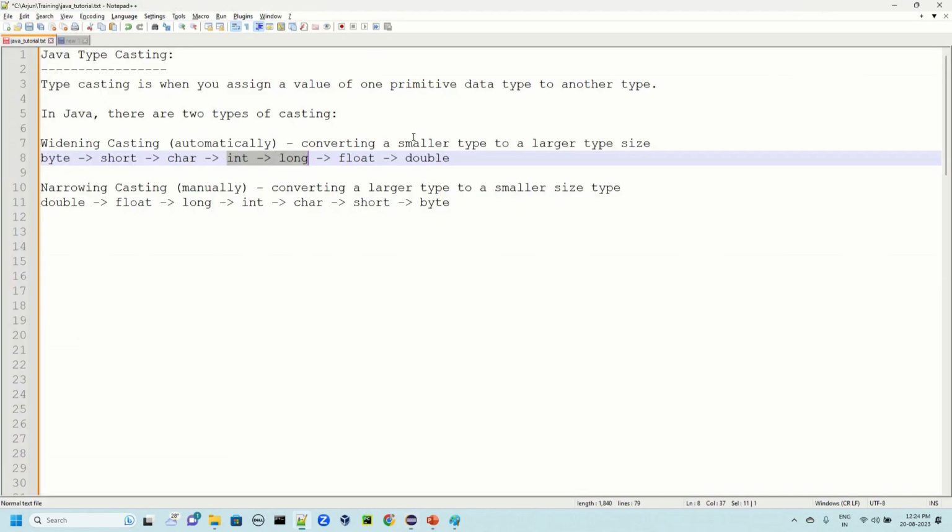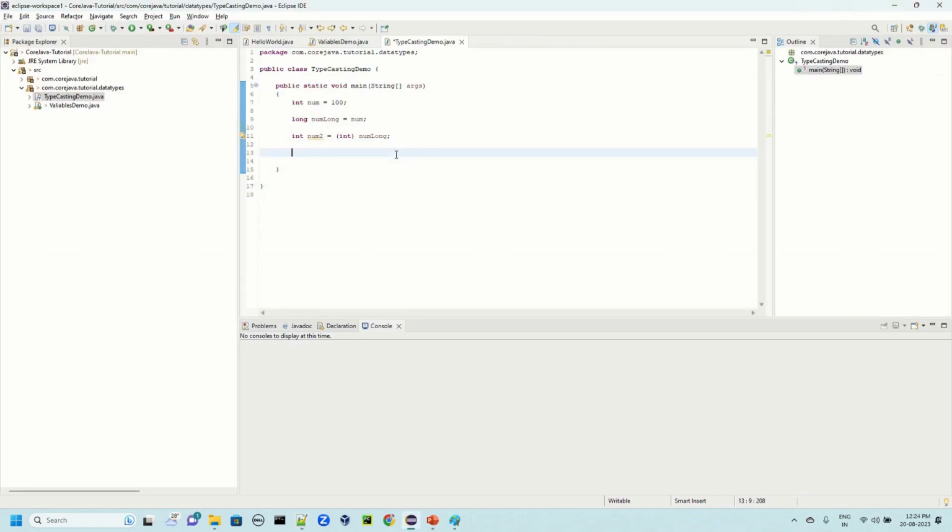Similarly, we can try other examples like float to double. These things generally happen in certain situations; maybe we will get to know in which situation we might apply this scenario. You can also see, in the last session, the character type is for single characters. If you want single letters, we can keep using a char data type. And when we convert,